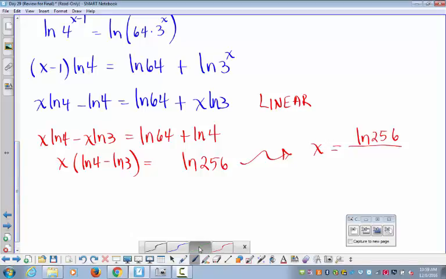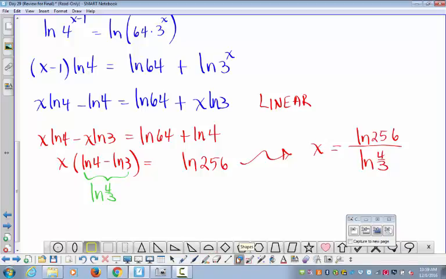If we want to, you could combine these. Again, on the test, I don't care if you do or not. You could write this as natural log of 4/3. On the test, it doesn't matter. That would be our final answer. And then on the test, if you're asked to approximate, let's make sure you can type it into